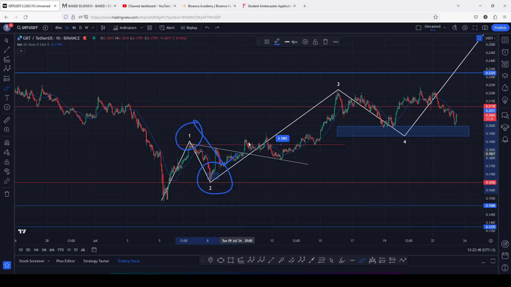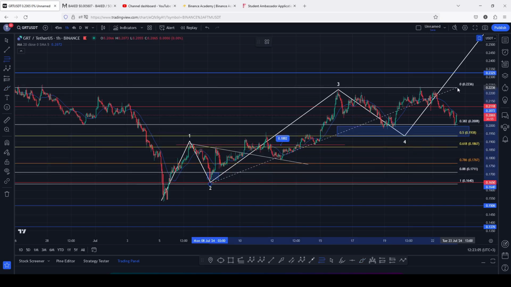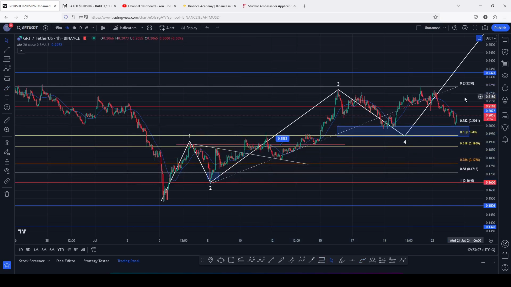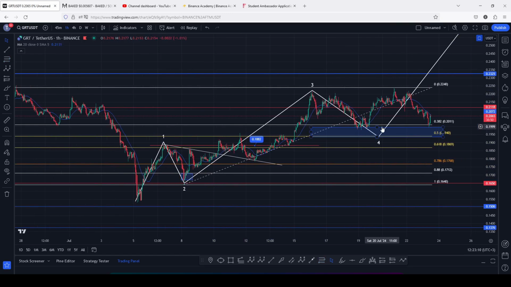Then we continued to see higher prices in an impulsive Elliott wave structure in what I have been terming as an Elliott wave count 3. And at some point I said to you that I believe that we have now topped in this Elliott wave count 3, and I was expecting a bit of a breakdown move in an Elliott wave count 4, whose minimum target areas I gave you by connecting the Fibonaccis from the low of the second wave to the high of that Elliott wave count 3, giving me a minimum pullback target area between the Fib level 0.382 and the Fib